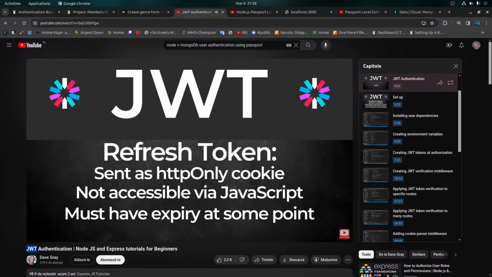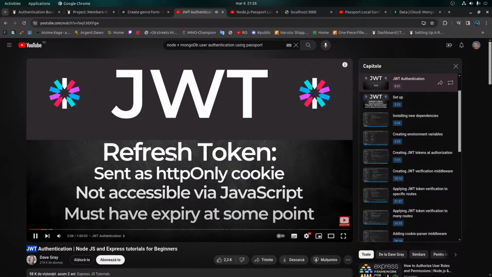Our API will issue refresh tokens in an HTTP-only cookie. This type of cookie is not accessible with JavaScript. Refresh tokens do need to have an expiration, which will then